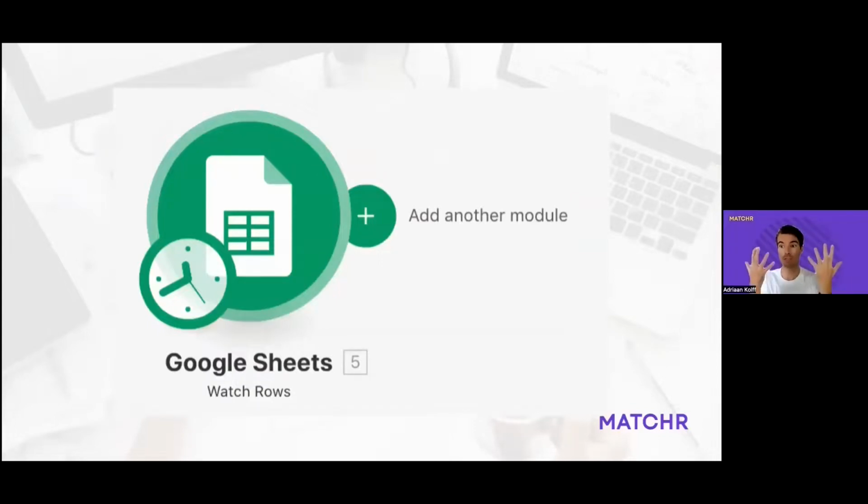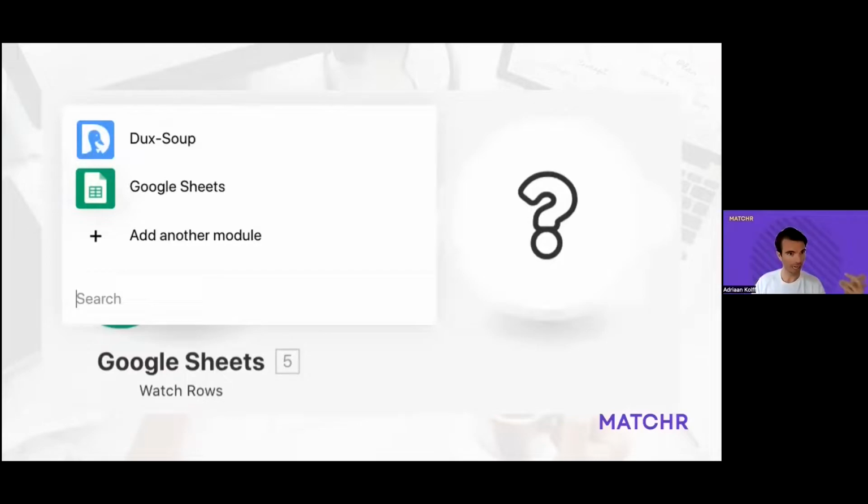And now you've given Integromat access to your Google Sheet, and it understands how your Google Sheet is set up. But this is 50% of the work, because now we're going to connect this sheet to LinkedIn and Dux-Soup. And we're going to click on this plus, add another module. And this is where the magic is going to happen. Because we're going to click Dux-Soup,